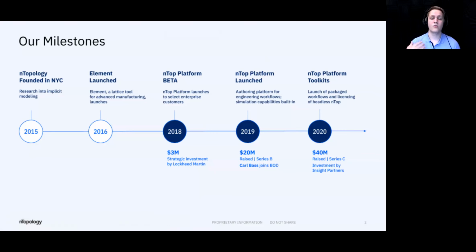So we are nTopology, that's our company. We were founded back in 2015, and we started off with a software called Element Pro. Element Pro was solely a latticing software, so it was very good at doing complex latticing, but it didn't do anything else besides that. Towards the end of 2016, we started developing this nTop platform, and that's the software I'm here to talk to you about today. In 2018, we released the beta,